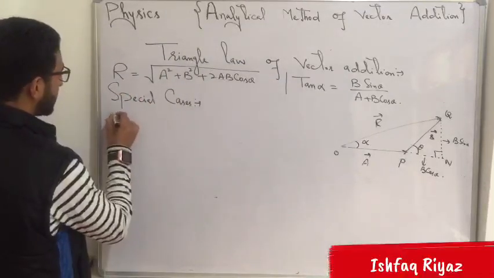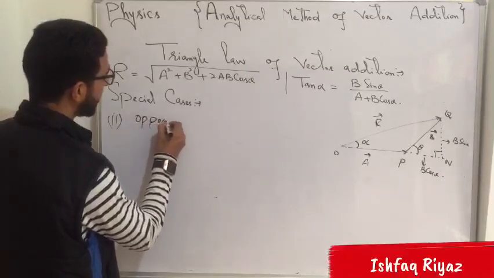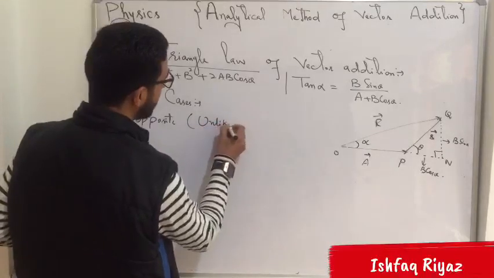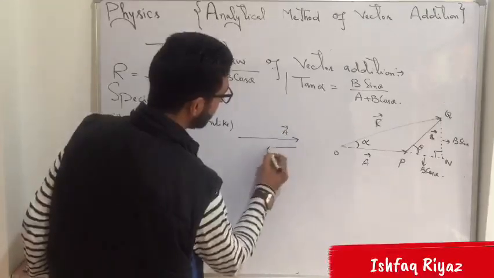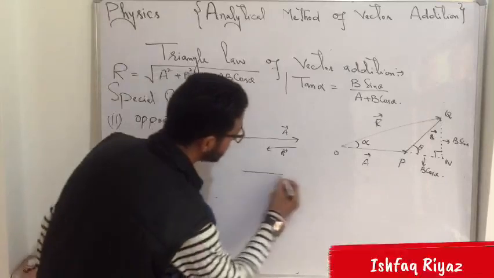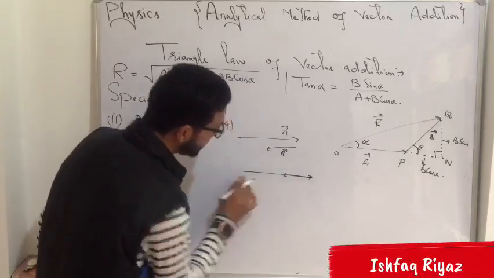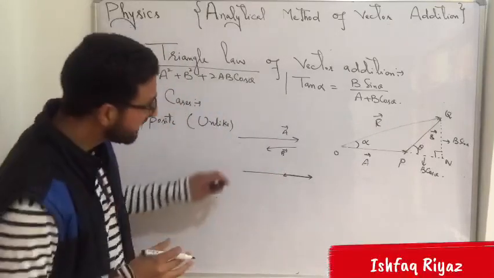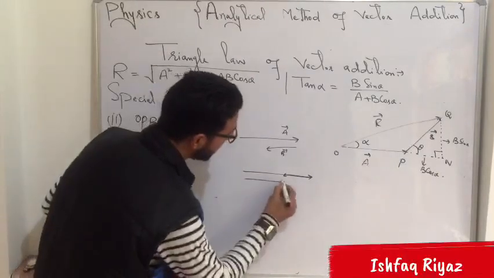When the two vectors are acting in opposite direction, that is, the two vectors are unlike, or you can say anti-parallel vectors. ठीक है ना? और आपको ये पता है, suppose this is vector A, this is vector B, and as per the geometrical method, suppose this is vector A, this will be the vector B, then the resultant is represented in magnitude and direction by a single vector drawn from the tail of first vector to the head of the last vector.